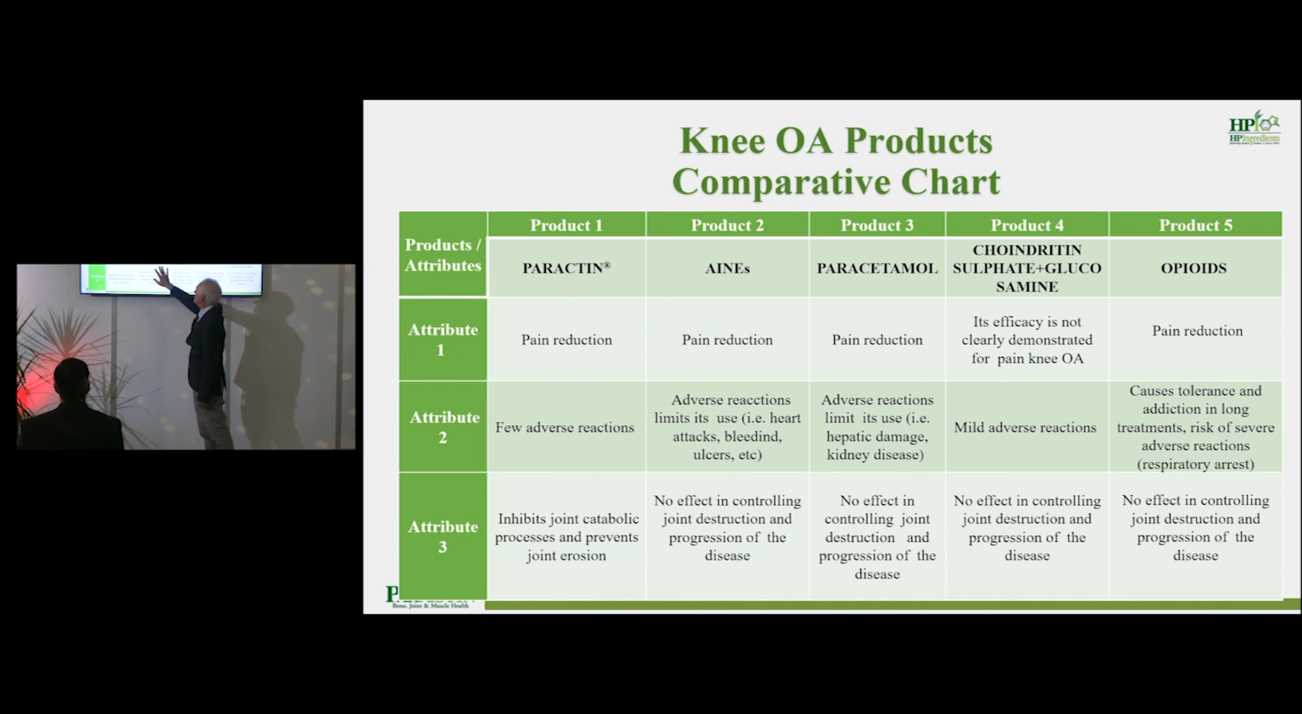And then if you look at NSAIDs, paracetamol, any other product like chondroitin sulfate, glucosamine, or opioids, they have no effect in controlling the joint destruction and the progression of disease. Independently of that, the progression of the disease goes on, right? However, ParActin, by inhibiting the joint catabolic processes, may prevent the joint erosion and may affect the progression of the disease. And this is something we are investigating now in a clinical study, next one,